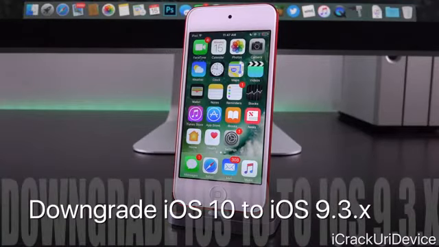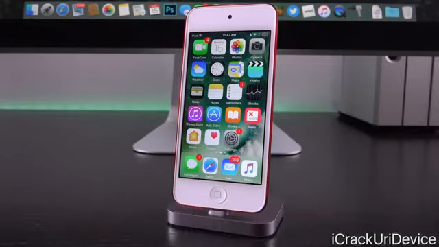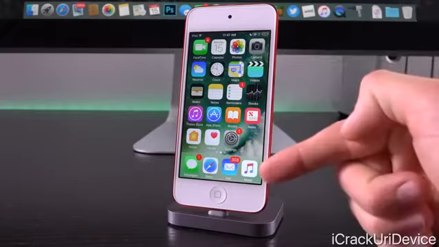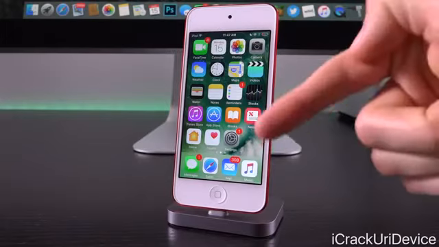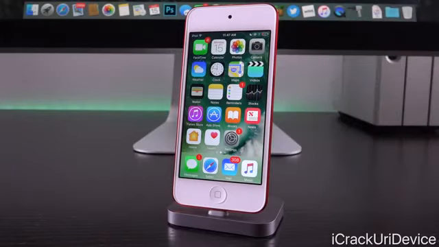Now, downgrading is also pretty easy. All you have to do is obtain your device's corresponding iOS 9.3.x IPSW. After you've done that, just connect your device to your computer via a standard USB cable. By the way, full downgrade instructions should be in your cards now, as well as linked down below in the description. Once it's connected, go to the device overview screen, and then depending on which computer you have, hold down Shift if you're on a Windows-based PC, or the Option or Alt key if you're on a Mac, and then left-click Check for Update. After you do that, point the window at your iOS 9.3.x IPSW and let the update go through. What it's going to do is downgrade your device back to iOS 9.3.x.